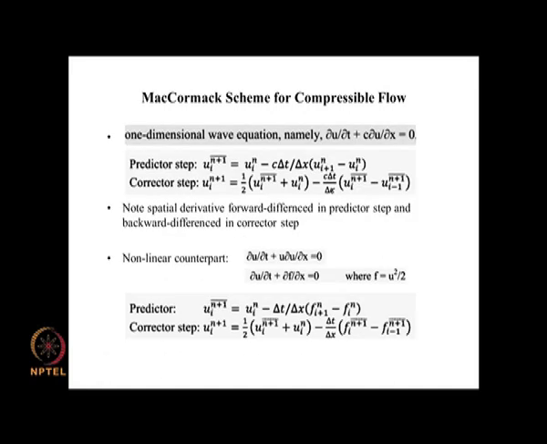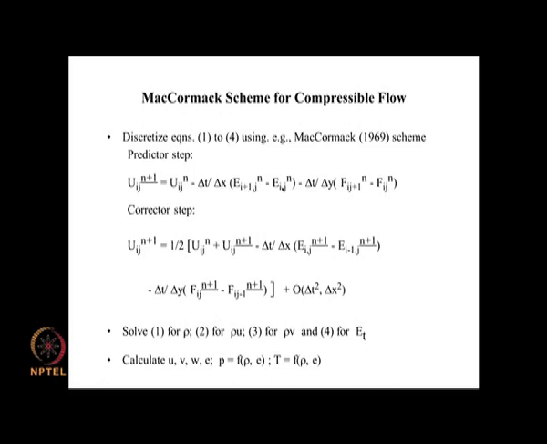So, when you look at this, it is exactly the same. So, here dou u by dou x is (u_(i+1) minus u_i) divided by delta x, and the same thing is being put here, (e_(i+1) minus e_i) divided by delta x. Similarly, this is dou f by dou y. So, this is written as (f_(i,j+1) minus f_ij) divided by delta y. We are not making any modification here for the fact that u, e and f are vectors. It is being used directly here, it is not necessary to make any change in this particular case.